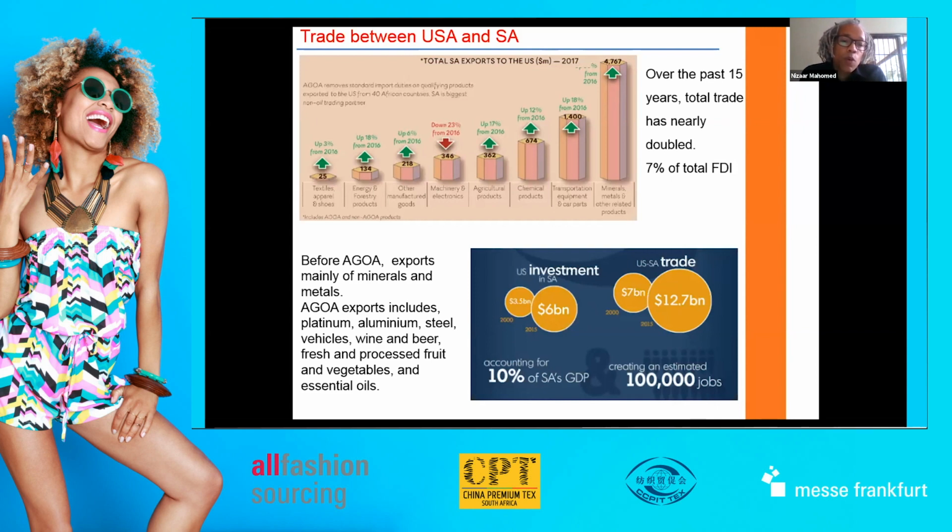If you're only exporting one or two things to one particular global superpower, it makes you quite weak and quite vulnerable, especially when things change. However, if you have a diversified export basket, such as the one that we've had as a result of AGOA, it gives you more clout in the global marketplace. And that is something that we are striving for. I must say, not only with our relationships with the USA and AGOA, but also with the Chinese, also with the EU, our big trading partners, as it were.